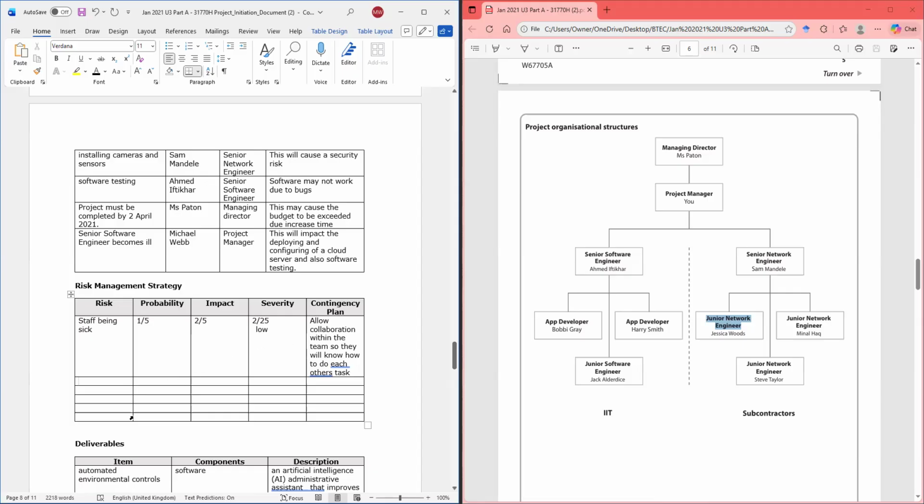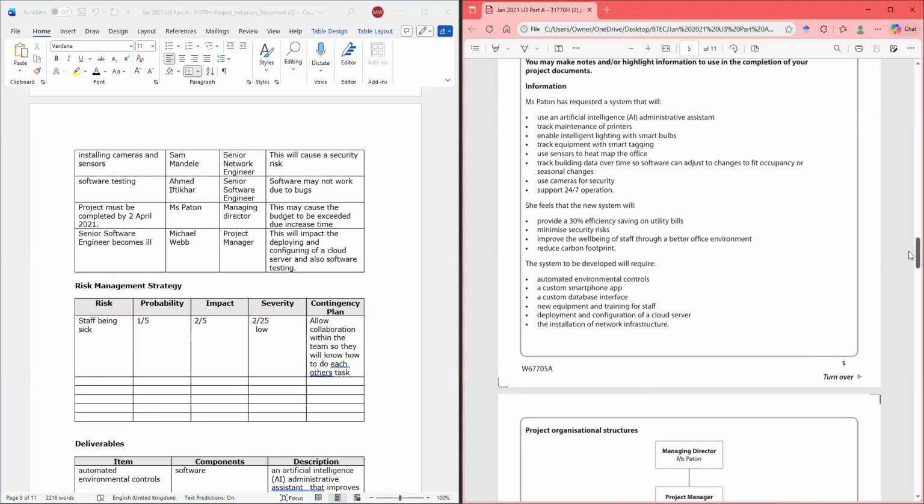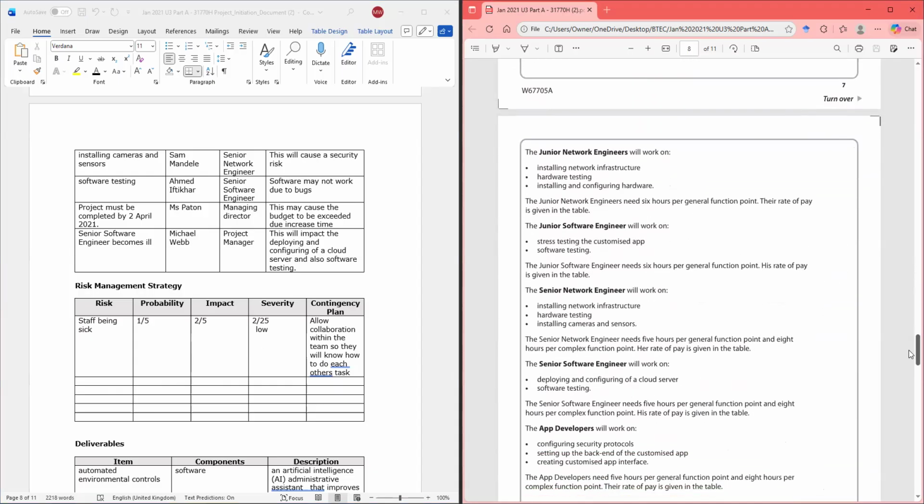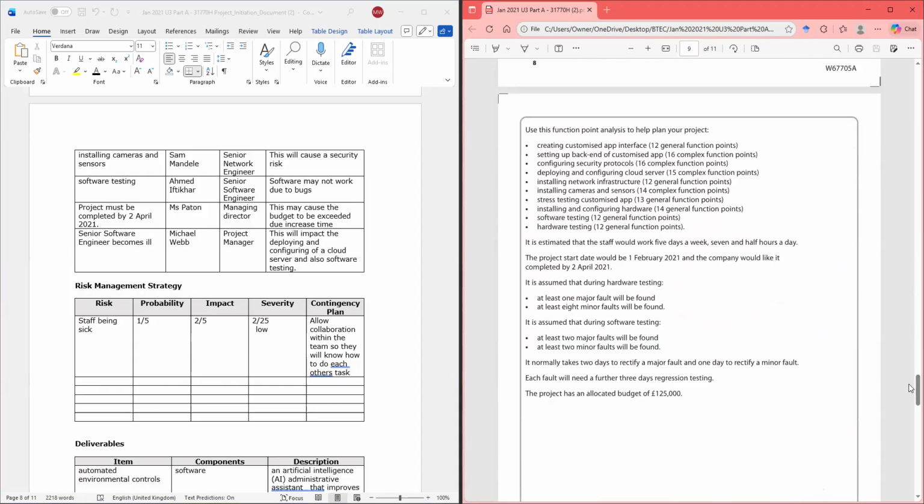All right. So we have staff being sick, we did that. Another risk that we could have. Let us say we're going to integrate the backend. Let's look at this paper. Risk. Let's look at a task.